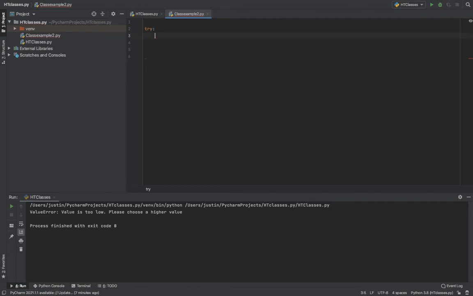Because the code that we're actually going to be running needs to be inside of a try block, right? And so we're going to do try. Let's do password is equal to input, enter a password, right? And then we're going to do if len password is less than 5,